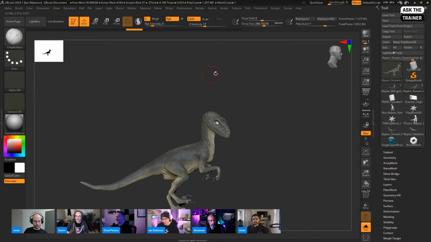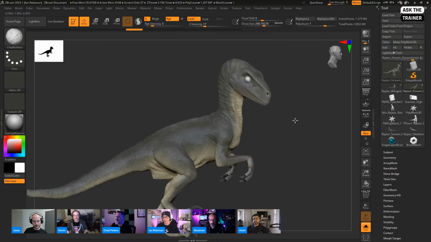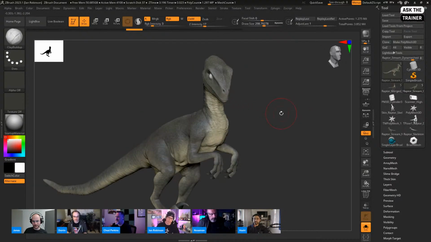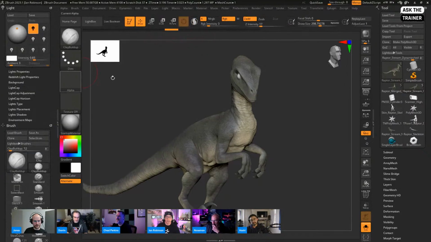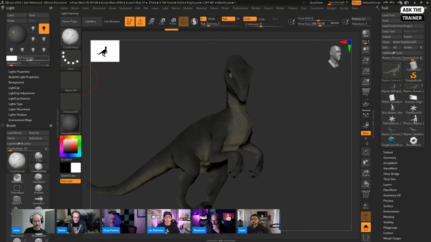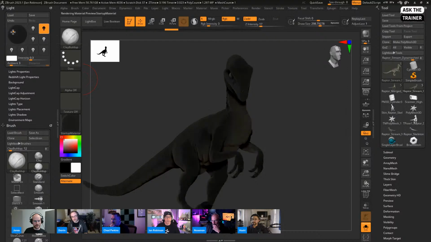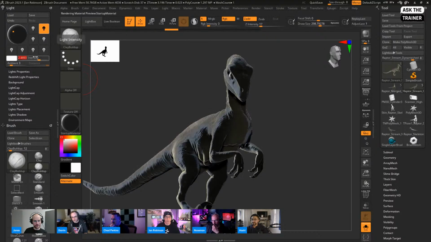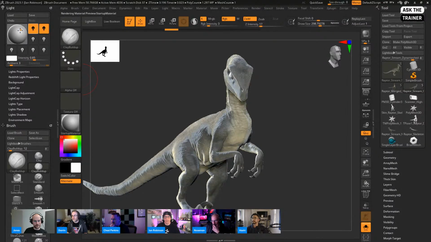And then a couple things that we added just for convenient workflow, but honestly, it might sound like the smallest thing in the world, but I promise you, when you start utilizing it, it's going to make a big difference because I find the small things make the biggest differences in my life. And that is with materials and with lights. Okay, if I'm ready to set up a scene in ZBrush and I turn this light off and I make this a rim light, so I'm going to kick this to the back and put this rim light on here, and then I put this light up in front,